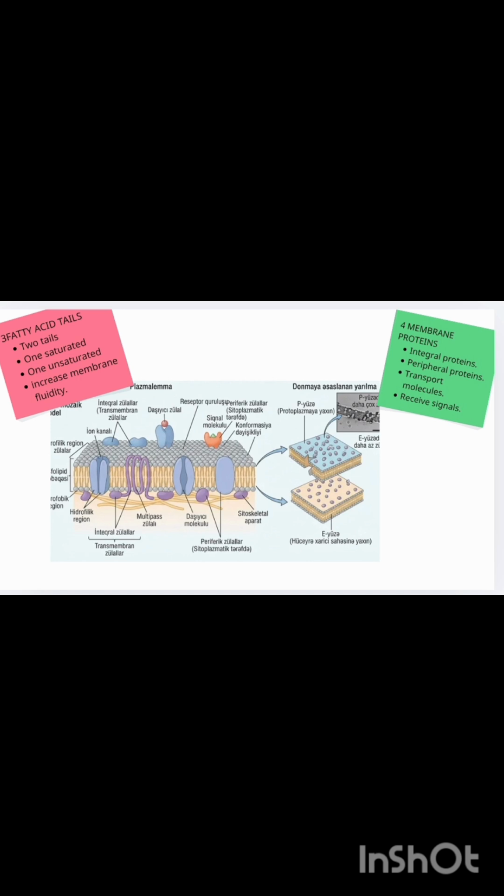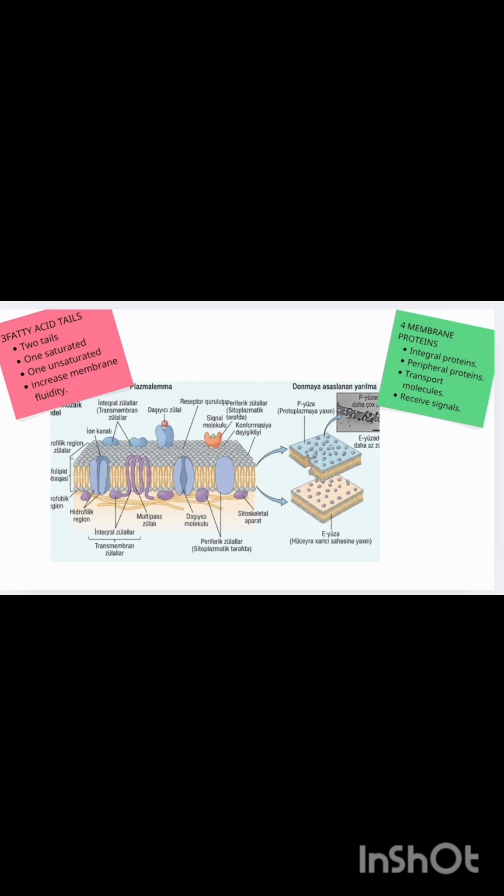The membrane is mainly made of a phospholipid layer. Each phospholipid has one hydrophilic head and two hydrophobic fatty acid tails. The hydrophilic head likes water, but the hydrophobic tails don't. The hydrophilic heads face the water on both sides of the membrane. The hydrophobic tails face each other in the middle. This arrangement forms a strong barrier.